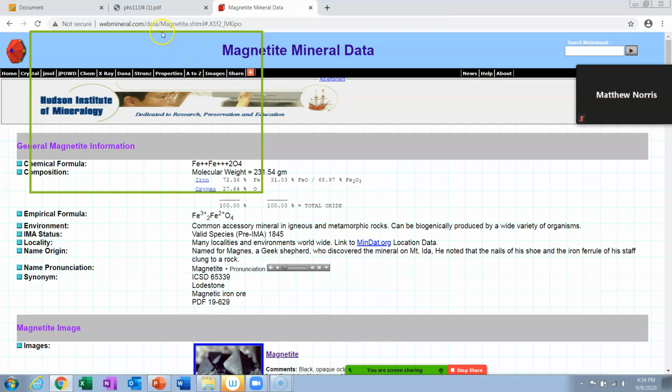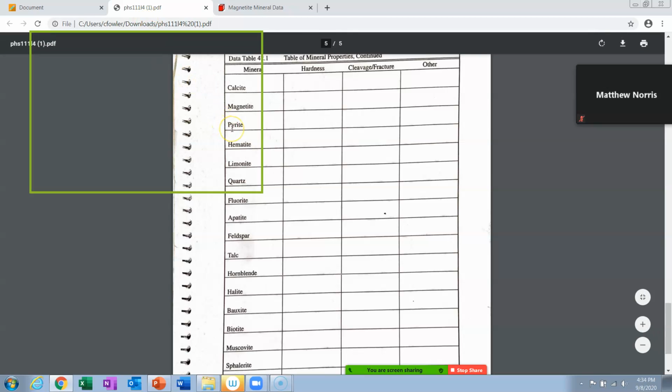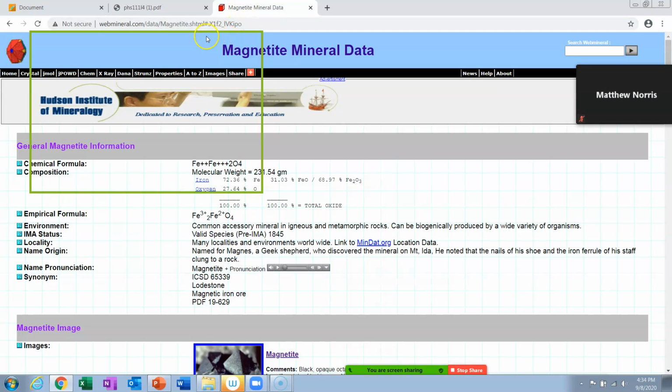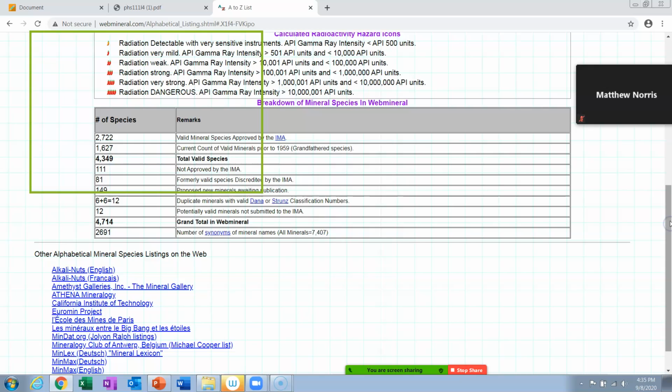Now let's just show what the next one is. The next one is pyrite. I believe that is also a mineral, so you should be able to do that. So let's go back here and do the A to Z, and we'll pick P for pyrite. Now let's see if I can get that. I don't think I can get that in the screen because I just don't have that. But there's a thing down here. I'll show you sort of what I'm talking about here.